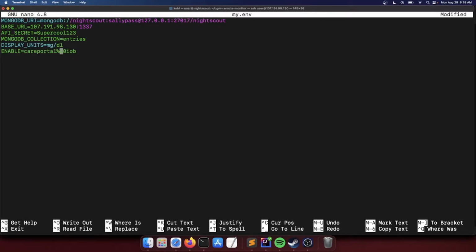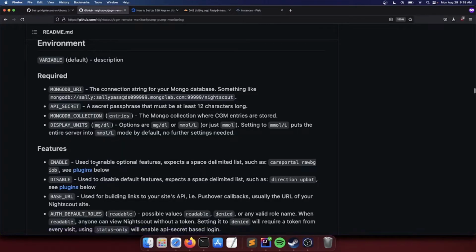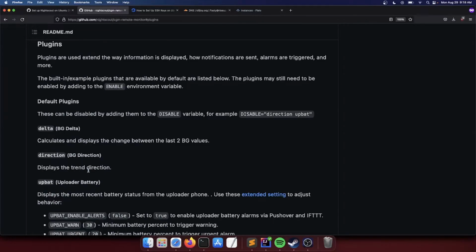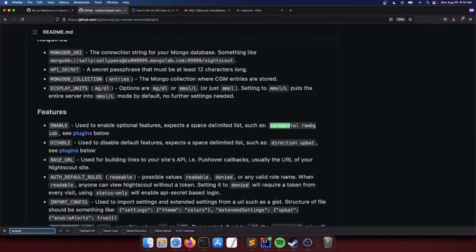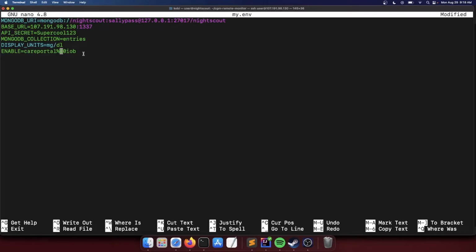And let's see, enable. This is going to be where you want to enable optional features such as Care Portal. You just go to the list of plugins and figure out what you want to enable here. So I included Care Portal and Insulin on Board plugin just to show you how to enable multiple, because you're going to need to append %20 that resembles a space and then the name of the plugin you want to enable.